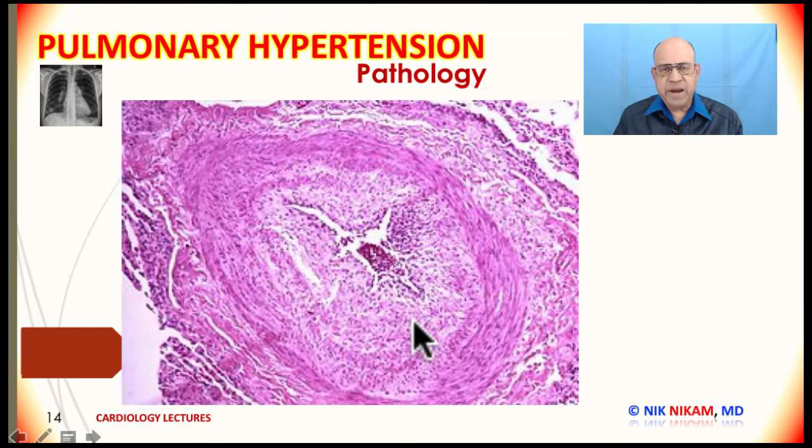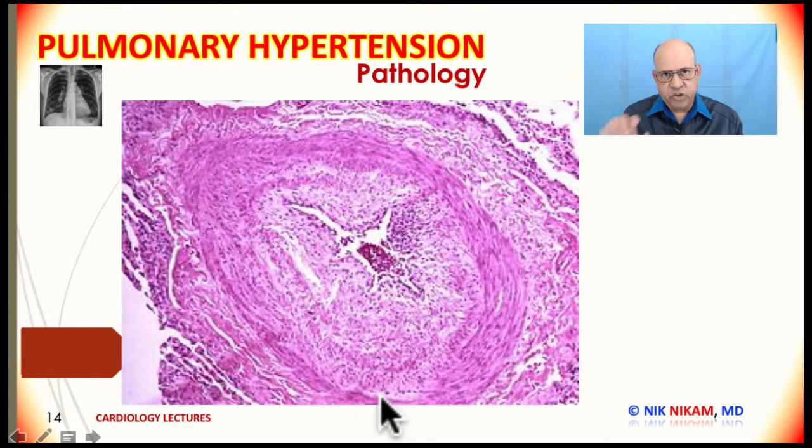Here is an expanded look at the pathological specimen of an artery from a patient with pulmonary arterial hypertension. As you can see, there is disruption of the endothelial layer. There is proliferation of the smooth muscle layer along with thickening of the adventitia of the arteries and arterioles